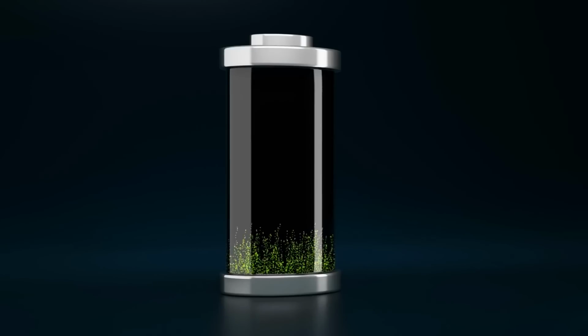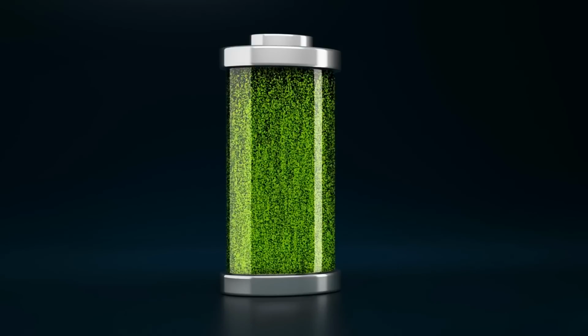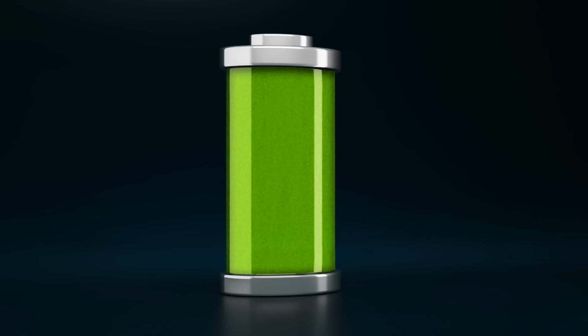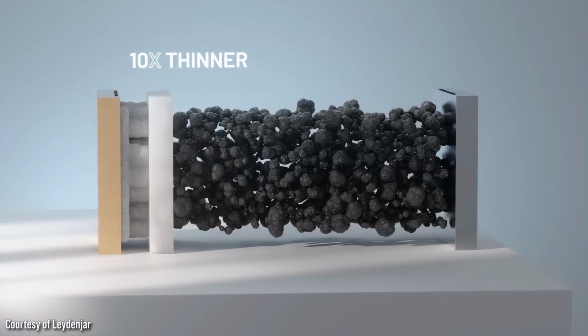It's because graphite is incredibly thick, which can, as you're trying to fill it with lithium very quickly during charging, get congested and cause lithium dendrites on the surface. And the second reason is that, without being too technical, the plating potential for graphite is very close to the plating potential for lithium. Now, those two things, thickness and the potential,